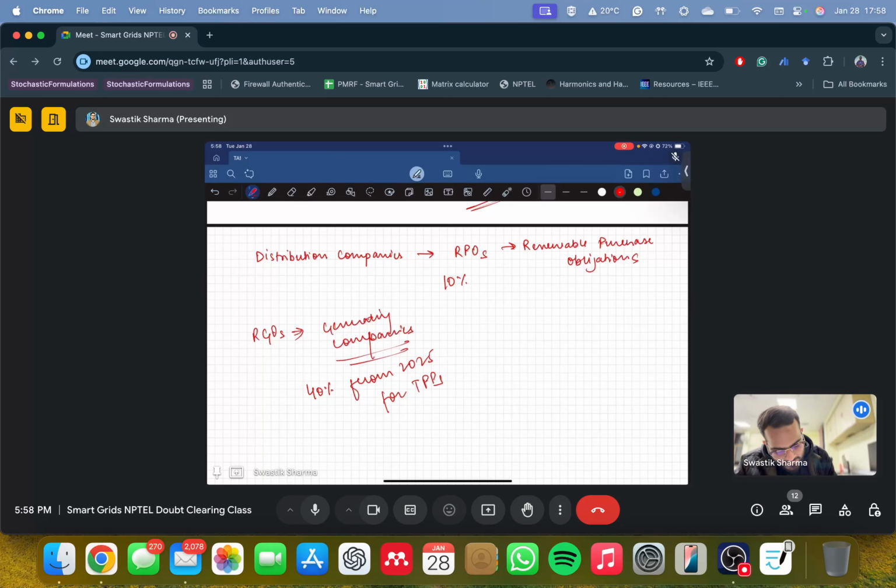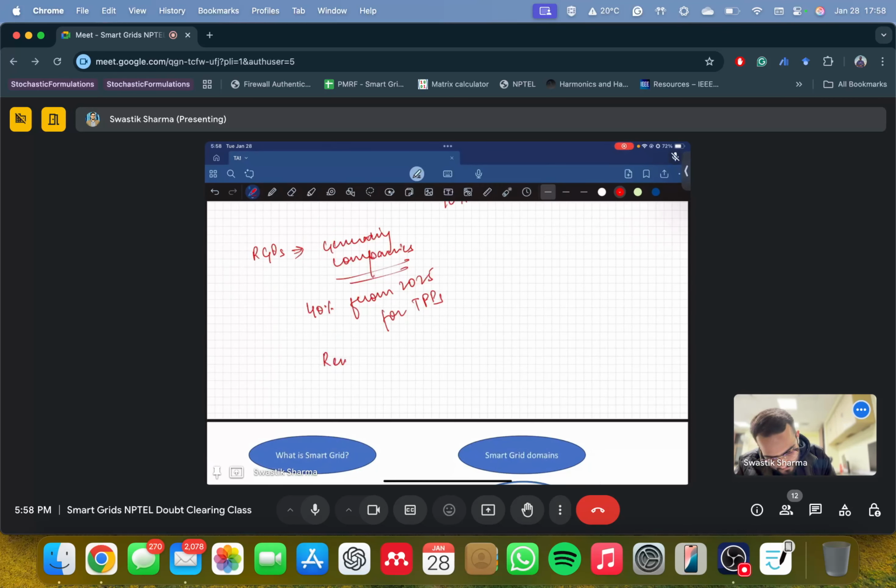There is one thing called renewable energy certificates. Ranjit? Yes, sir. What are RECs? Yeah, what are they? One ton of carbon